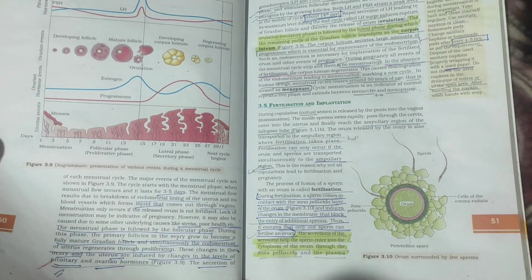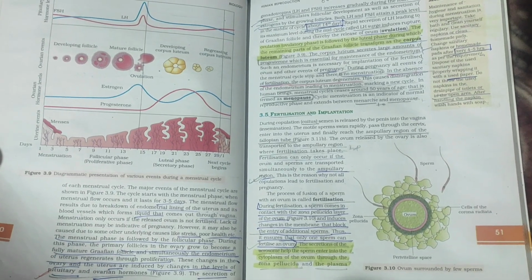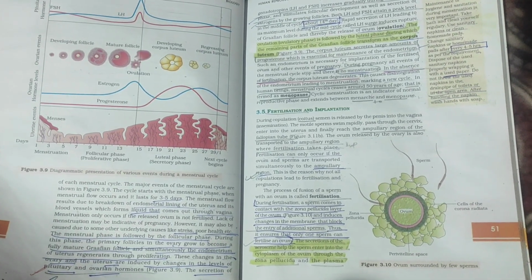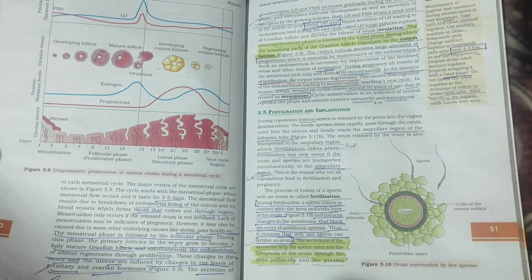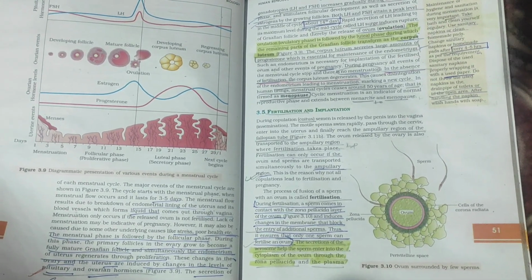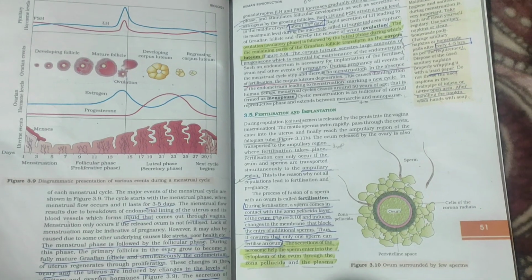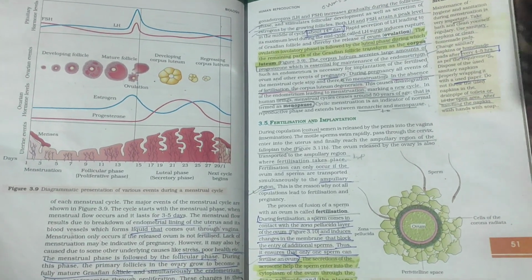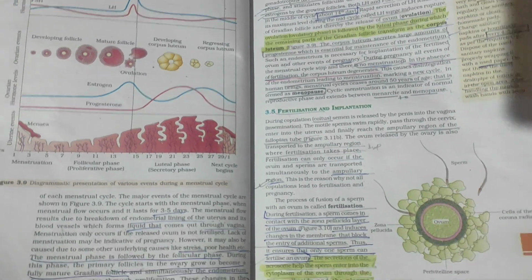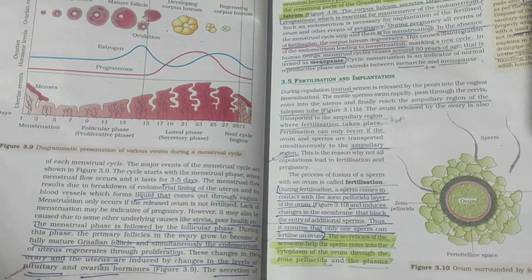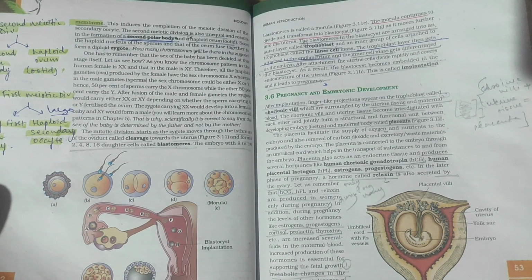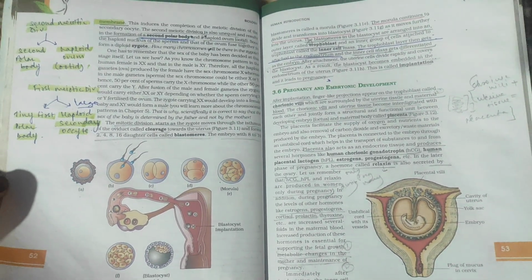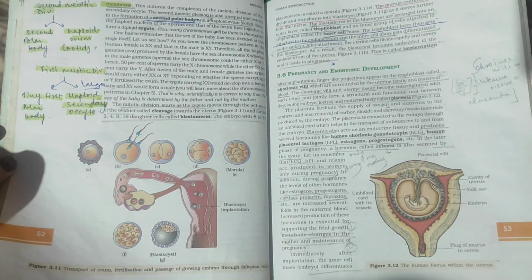Vigorous contraction of the uterus at the end of the pregnancy causes expulsion, delivery, of the baby. This process of delivery of the fetus, childbirth, is called parturition. Parturition is induced by a complex neuroendocrine mechanism. The signal for parturition originates from the fully developed fetus and the placenta, which induce mild uterine contractions called the fetal ejection reflex. This triggers release of oxytocin from the maternal pituitary. Oxytocin acts on the uterine muscles and causes a stronger uterine contraction, which in turn stimulates further secretion of oxytocin. The stimulatory reflex between the